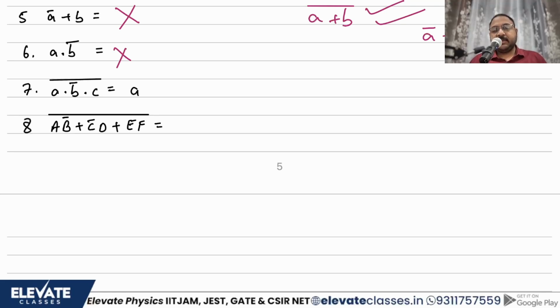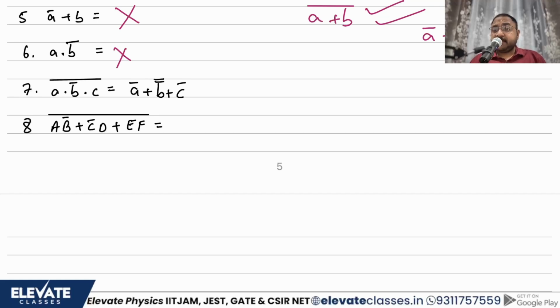So this will become A bar dot. Now be careful here. There should be two bars over here. Why? The original thing is B bar. There will be a bar on top of B bar. So A bar. Sorry, there's no dot in between. A bar. I just have to break the complement operator and C bar. Correct? There are dots in between. Replace this with a plus sign. And that is your answer. That is your simple answer of De Morgan's.